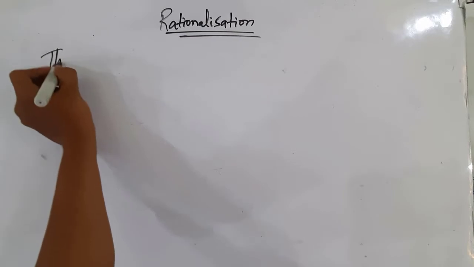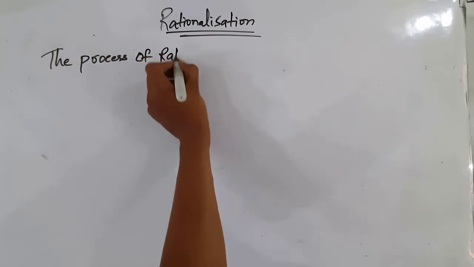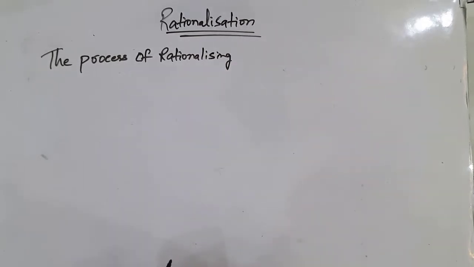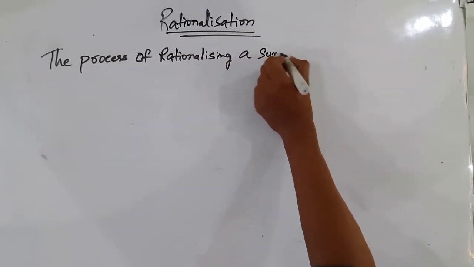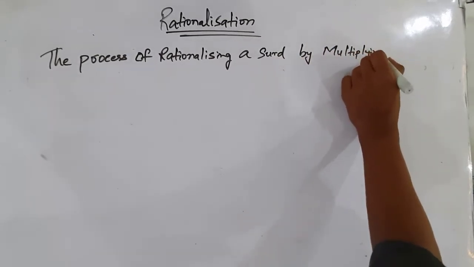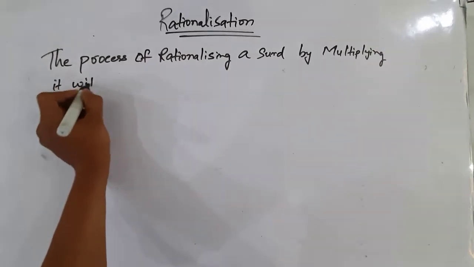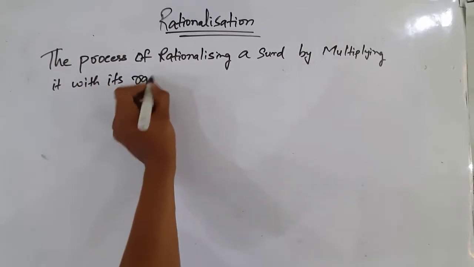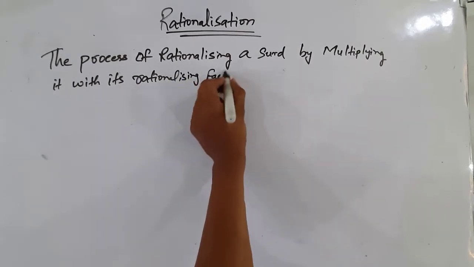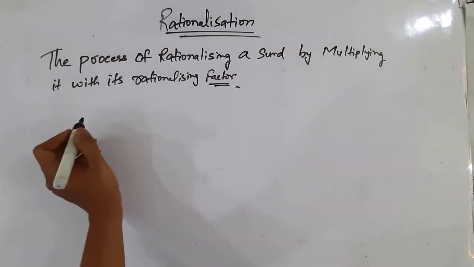Rationalization is the process of rationalizing a surd by multiplying it with its rationalizing factor. Like, if we take the example of